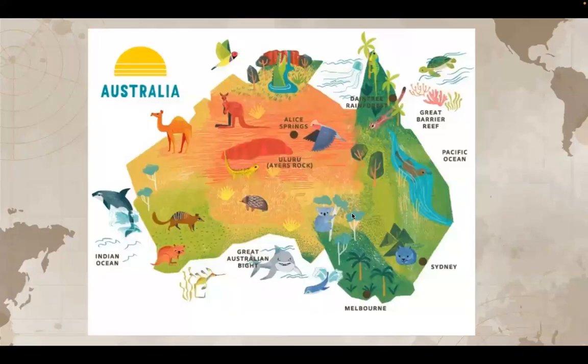Okay, so here we can see on the bottom southern region, it's all nature, it's jungles, and you got little koalas. In the middle sector, you got like a deserty area with the kangaroo, camels, and then just above it, you get more not as tropical, but somewhat of a forest with waterfalls and mountains, just rivers. So you can see that Australia is a mix of all three of these regions.